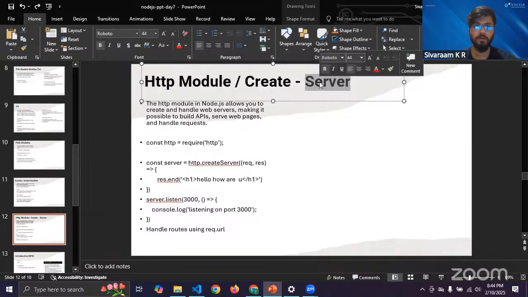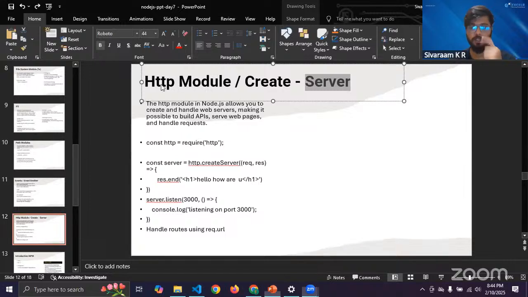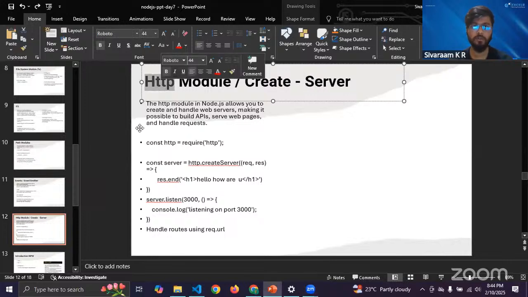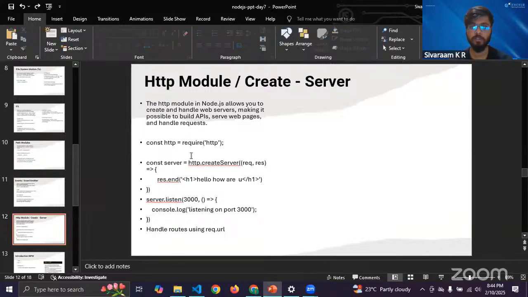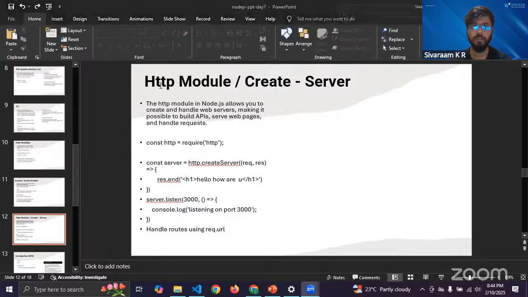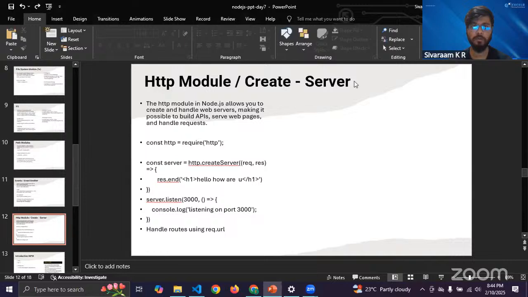a server. There are two ways to create a server in Node.js. One is using the HTTP module. The second is using Express. Tomorrow we'll see how to create the same thing with Express. For now, you just need to know that there is an inbuilt module called HTTP through which you can create a server and handle the request. But this is not the ideal way to create your server in a real-time application. In real-time applications, say you're working in any company which uses Node.js, you use a package called